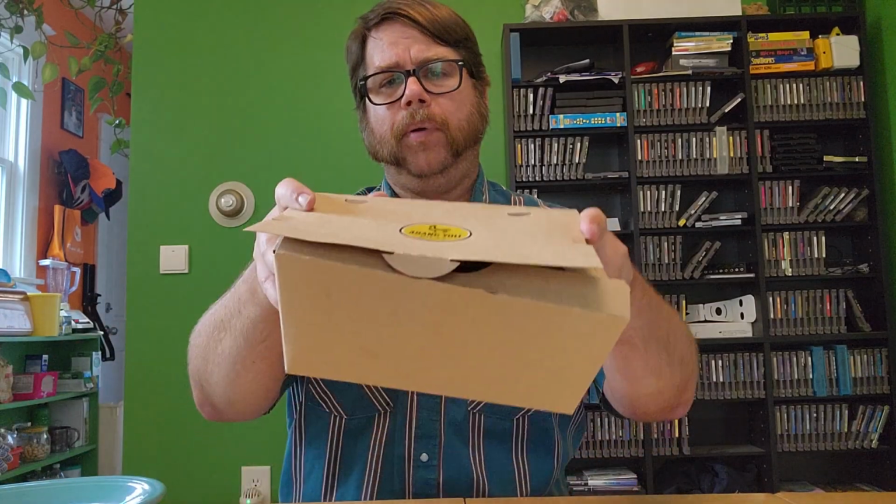So the gochujang is like their mid spice, but that's kind of that classic Korean flavor. It typically comes in like a red paste if you were to buy just the straight stuff at your local market. And then the chili crunch was a step spicier than that on the menu. And they did have something even higher up, some kind of habanero or something like that. But I went ahead and got the classic Korean flavor as well as the chili crunch, just to get a little bit more variety. So I'm going to start here by opening up